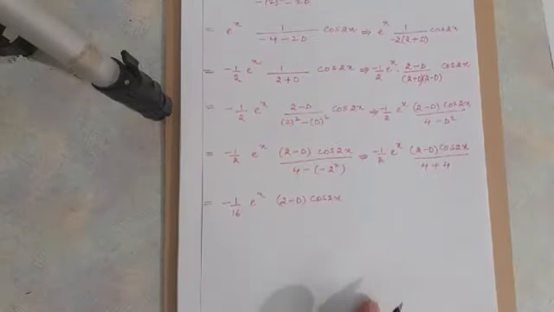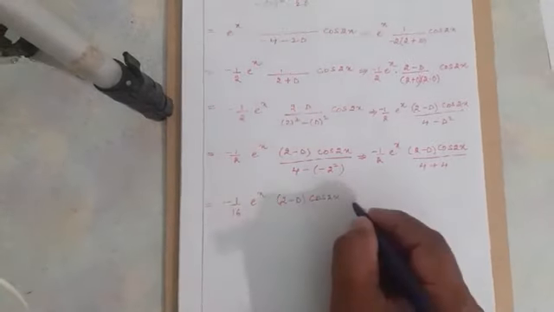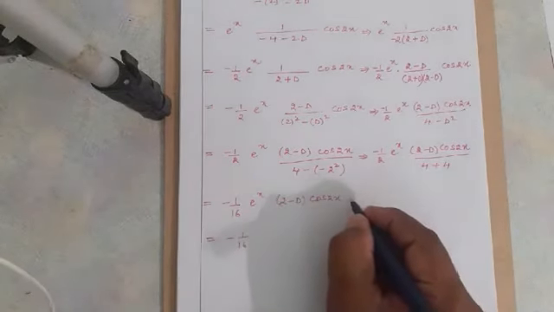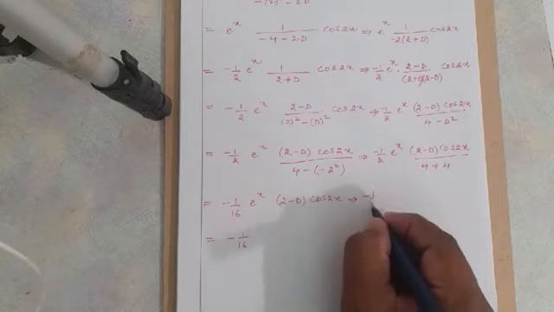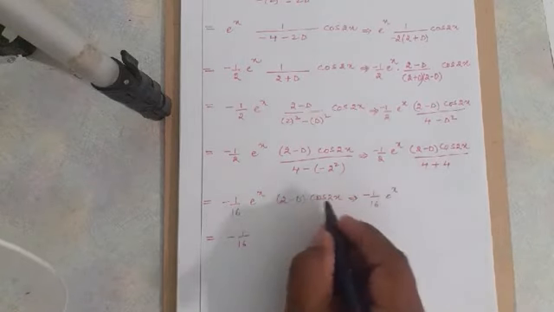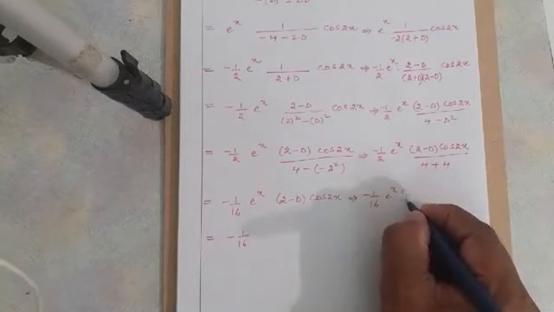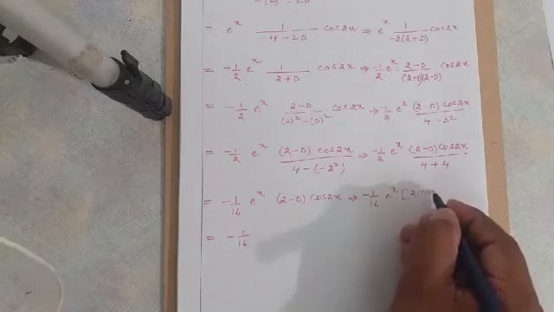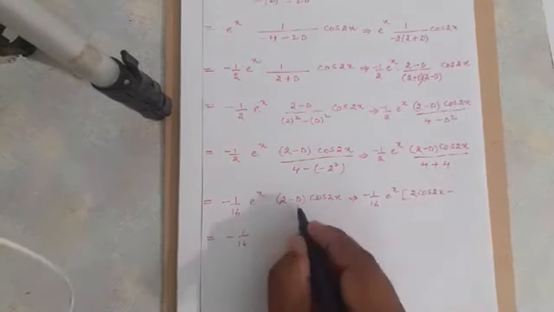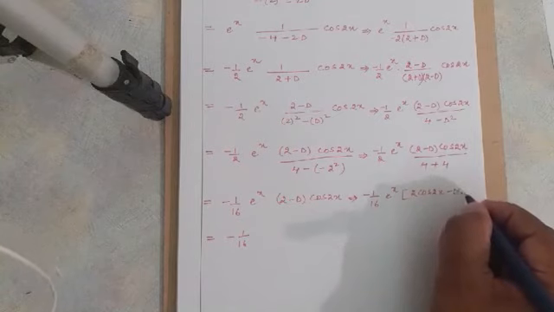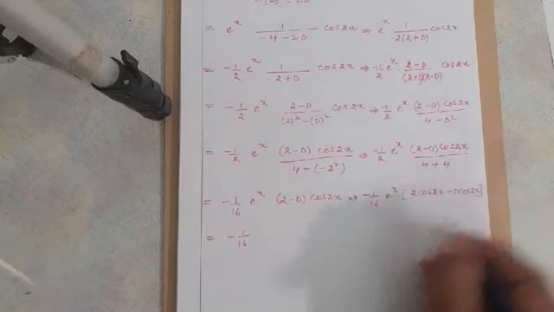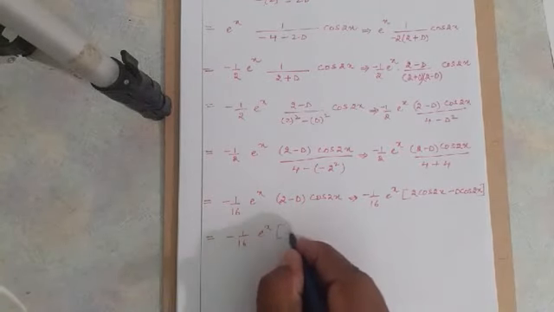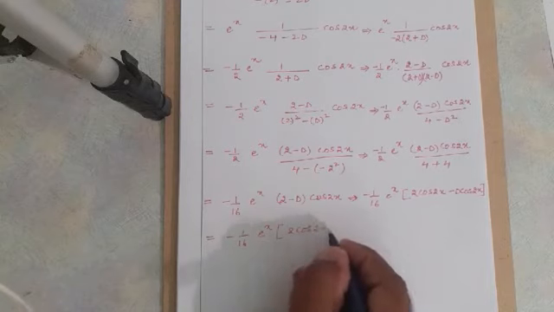After this we can write minus 1 by 16 e power x. Now you multiply cos 2x inside. If you multiply 2 into cos 2x, you get 2 cos 2x, then minus d into cos 2x. Close the bracket. Now in the next step, minus 1 by 16 e power x, in bracket you get 2 cos 2x minus,